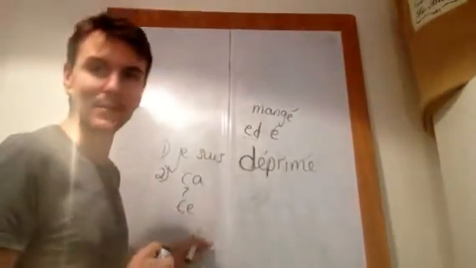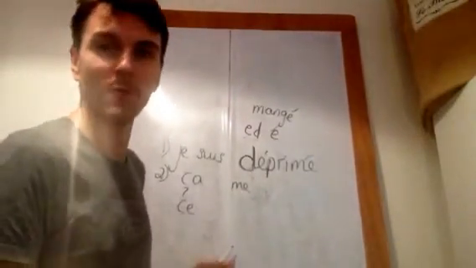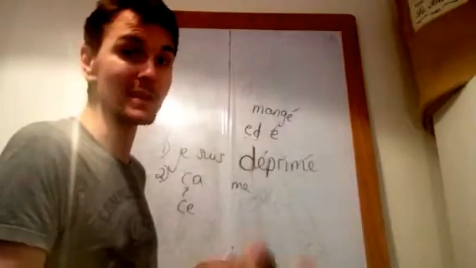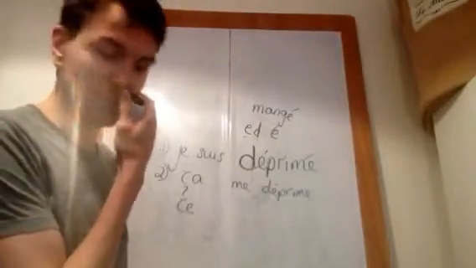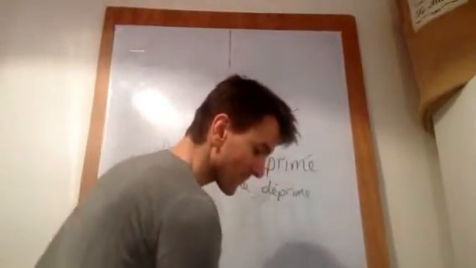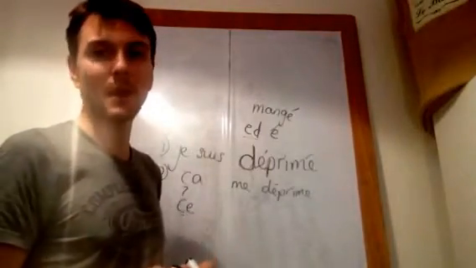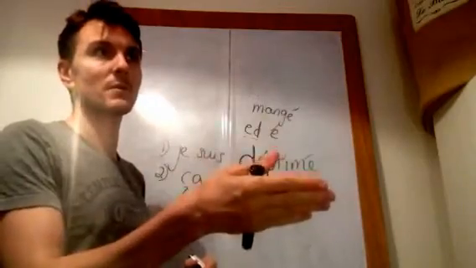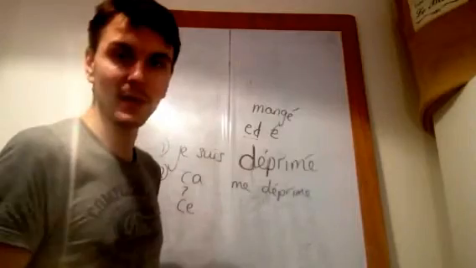So if I said that depresses me, so ça me, I'm now going to take the core of my verb déprimer. The core would be déprime. Manger, mange, danser, danse, déprimer, déprime. So that depresses me, ça me déprime. That's pretty much saying the same thing. You're just saying that something specifically is depressing you. So, I'm depressed, je suis déprimé. The situation depresses me, la situation me déprime. Or ça me déprime, whatever, okay?